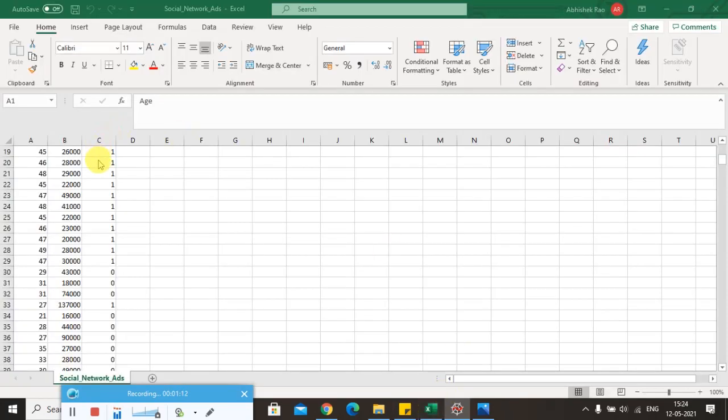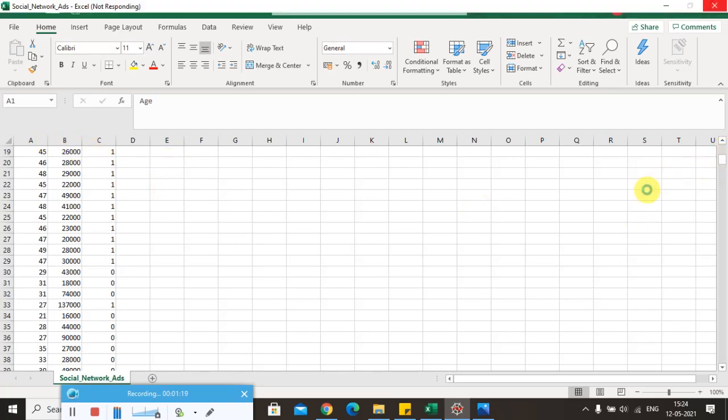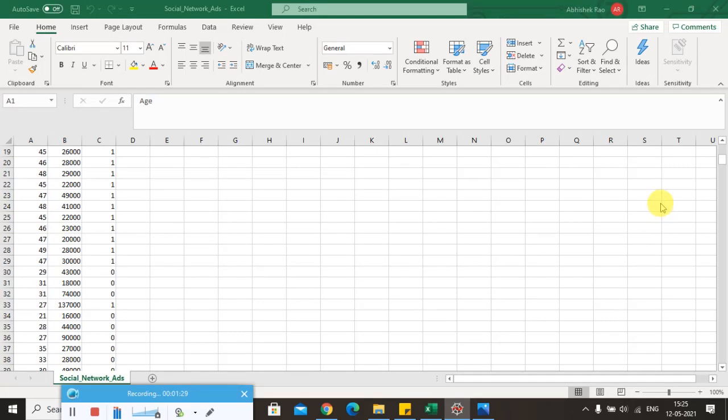The data set is social network ads, as I had already taken the same data set for the implementation of logistic regression and k nearest neighbor algorithm. The same data set I am going to apply and make sure whether we are going to get a better accuracy comparatively to the other algorithms or not.